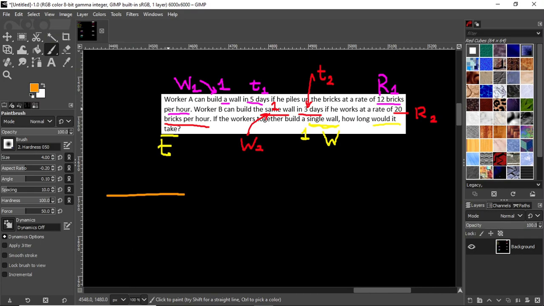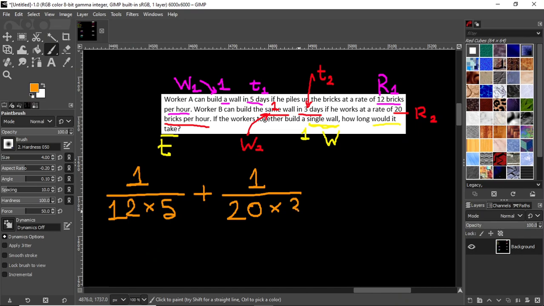W divided by R into T. So for each of the working units, here it's just two of them. So we have W1, 1, divided by R1, 12, into T1, which is 5, plus W2, which is again 1, divided by R2, which is 20, multiplied by T2, which is 3. This is going to equal,